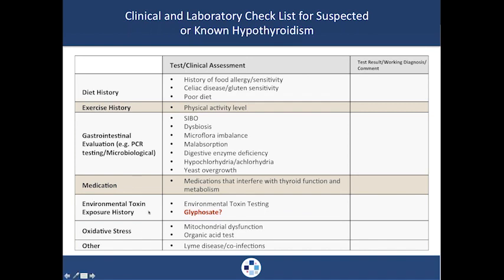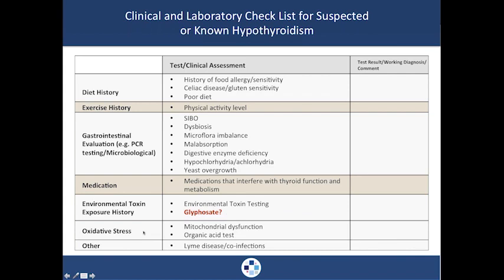Get an environmental history on your patients, see what they're exposed to. If you can get an idea what they're exposed to, you can certainly look that up and see if it affects thyroid function. They have the word glyphosate on there. If you're familiar with that, that's Roundup. That has been getting a lot in the news lately. It has been associated with causing potentially leaky gut or irritating the gut lining all by itself. And it may not necessarily be that individuals are reactive to wheat or gluten. It may be the cause, or it may be both. So something you might want to consider.